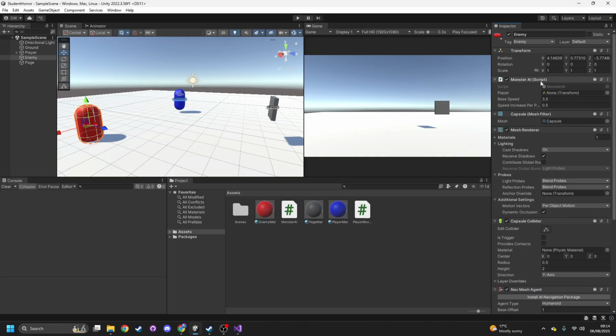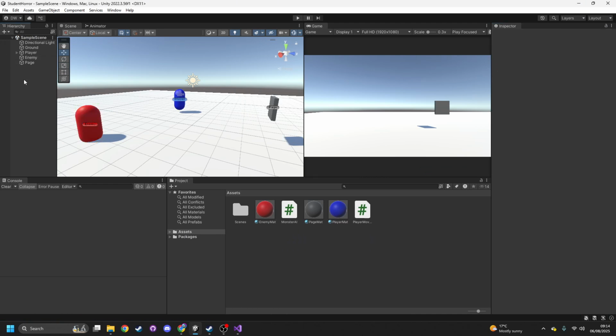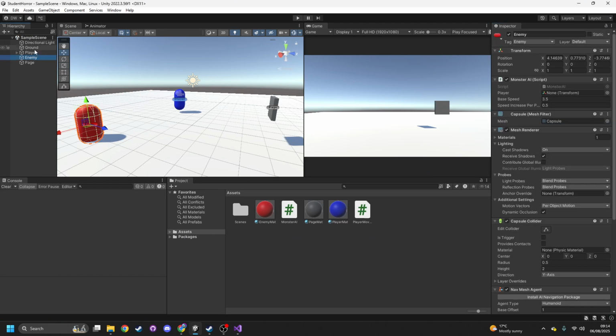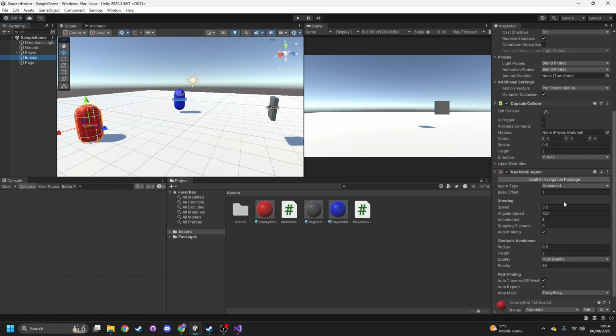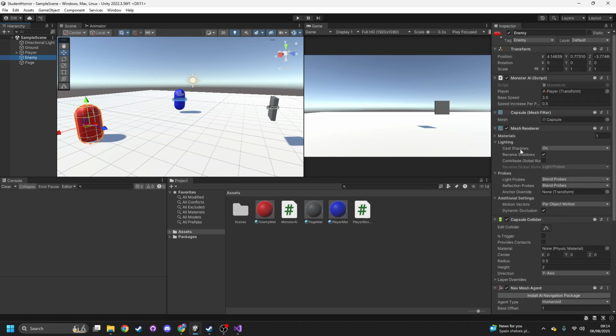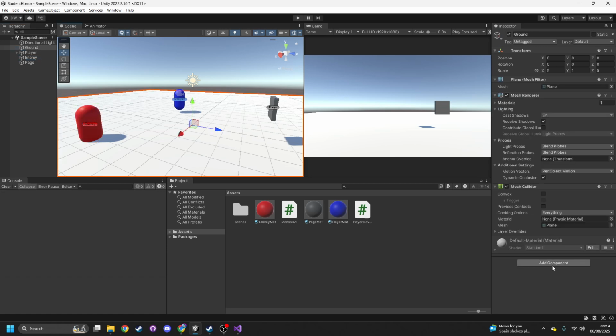So if I close that down, and just give it a second to reload. We'll just grab our player here, drag that in there, make sure our player has everything needed dragged in, and then make sure that we've got our NavMesh agent here, which is great. On here we'll have to just try and bake our navigation, but you can see the static value has been deprecated, so it's not letting me do it. If I press play,